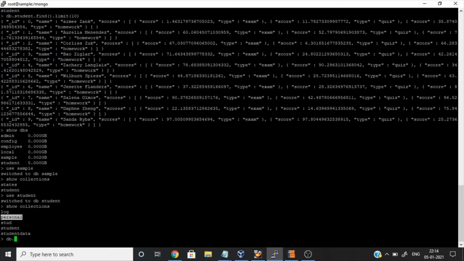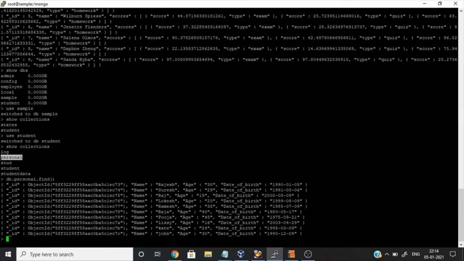Here is the personal collection data from personal dot find. Now I'm going to get the data with a sort operation, sorting by age.